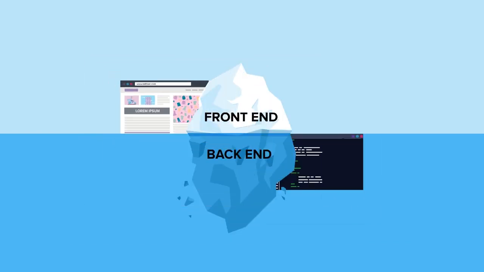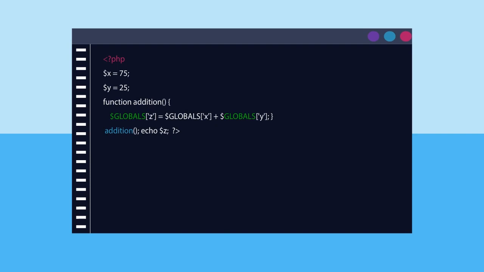Now let's look at the back end part of the website. This is the part where the logic of the website is written and executed. This part is responsible for making the website dynamic and functional. It can perform logical actions like doing calculations, fetching data at the user's request, storing data in the database in an efficient and secure way, and so on. This logic obviously depends on the functionality of the website.